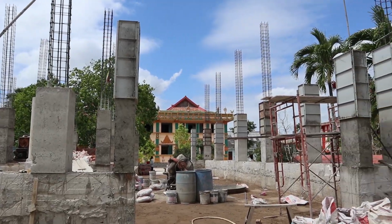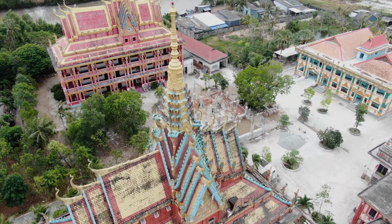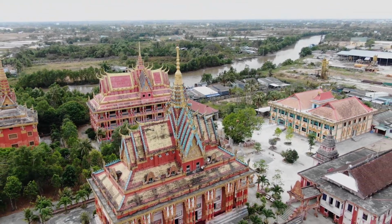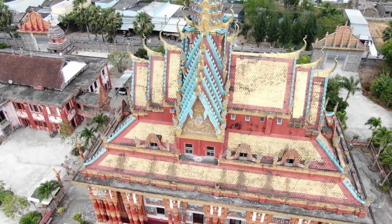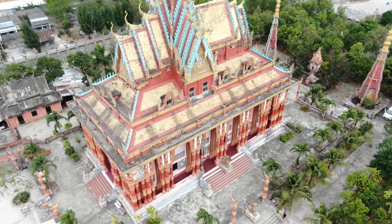This space is actually getting a new revamp. There's about 3 to 4 buildings right now that are up, but we did see a new one that's under construction. It's definitely a hidden gem for us, and one more highlight of this place is that this is one of the largest Khmer buildings in Vietnam. So if you have any time extra to spare, definitely add this place into your itinerary